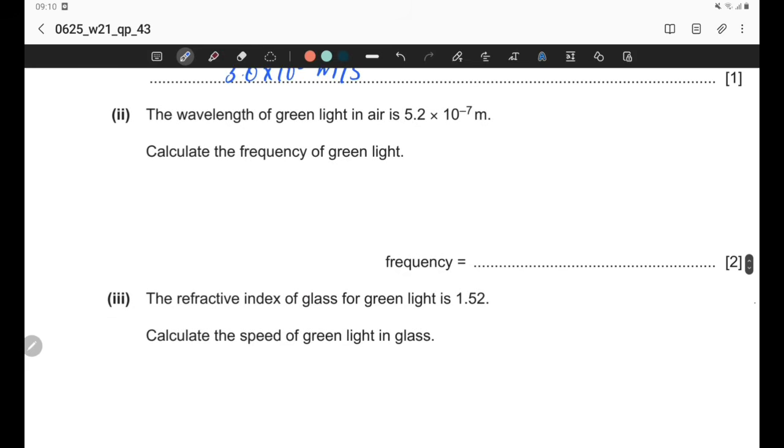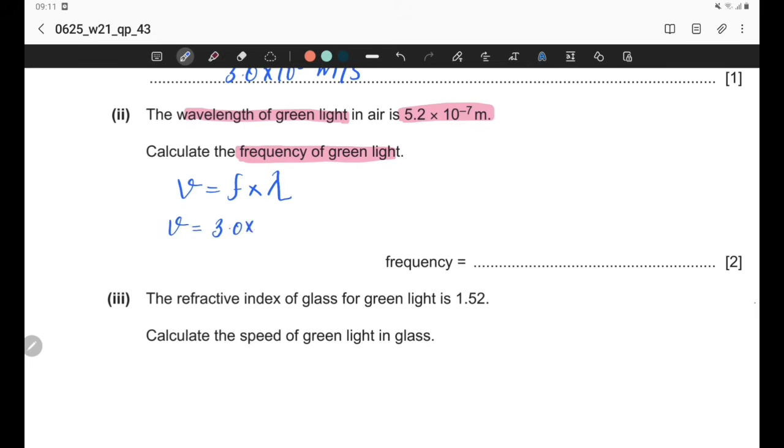Part 2. The wavelength of green light in air is 5.2 times 10 to the power minus 7 meter. Calculate the frequency of the green light. So here we can use the wave equation, that is, speed of a wave is the product of frequency and wavelength, where speed of the light we already know, that